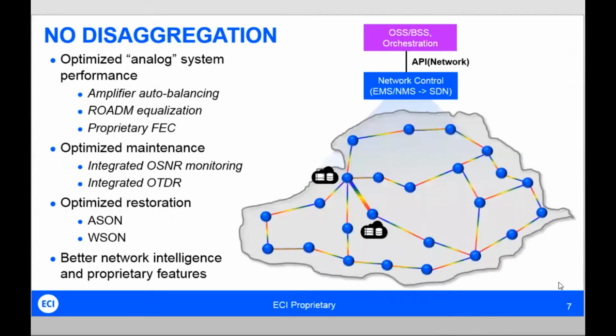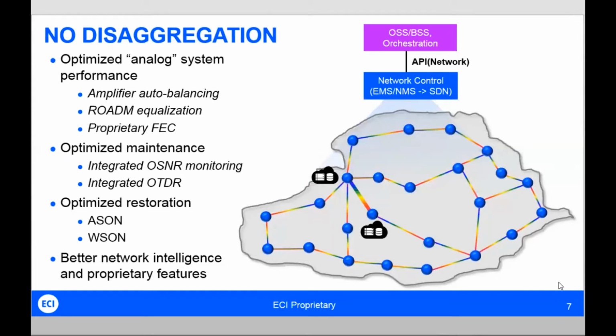What are some of the benefits of a system with no disaggregation? So I'll be clear, you're not achieving the objective of vendor independence. You're very much dependent on a single vendor, although there are certain benefits towards doing that, particularly since when we're dealing with optical networks, we're dealing with an analog system. So in an analog system, there's a lot of knobs and tuning that need to take place in order to get the maximum performance from that system.